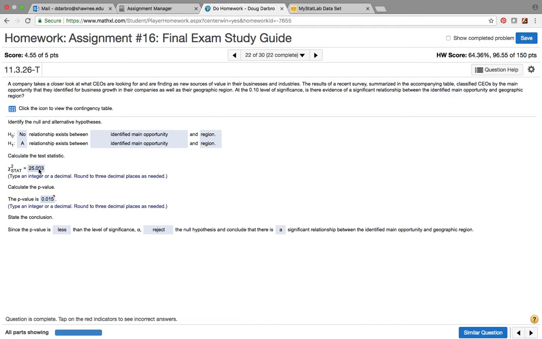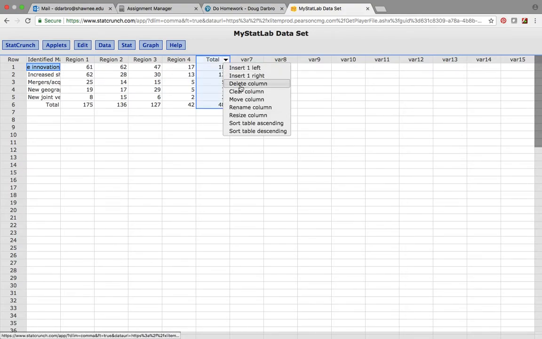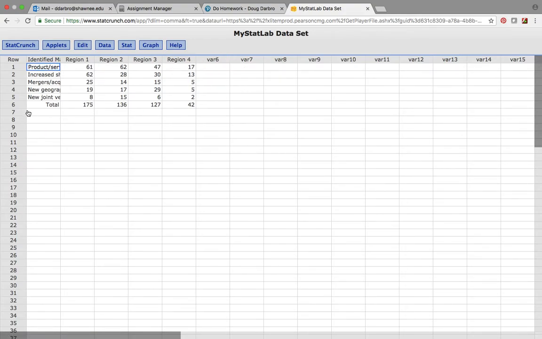Now the next thing they want is the test statistic. So it's 25.003. Let me show you how we come up with that. Now let me show you something you have to do here that I just noticed. You've got to get rid of the total column and total row when you do your chi-square. Otherwise it's going to see these values as a fifth region. So I'm going to delete that column, and I'm going to delete this row. So now I've just got the raw data, and I can carry out the chi-square